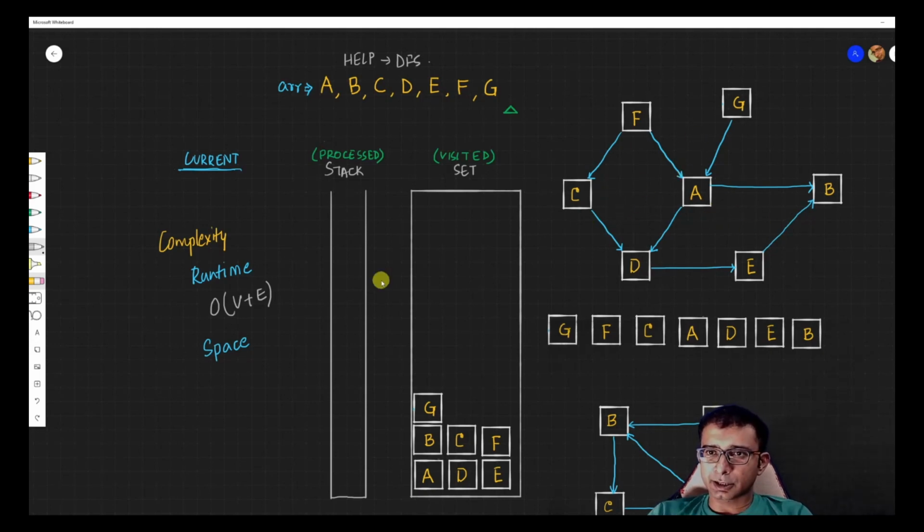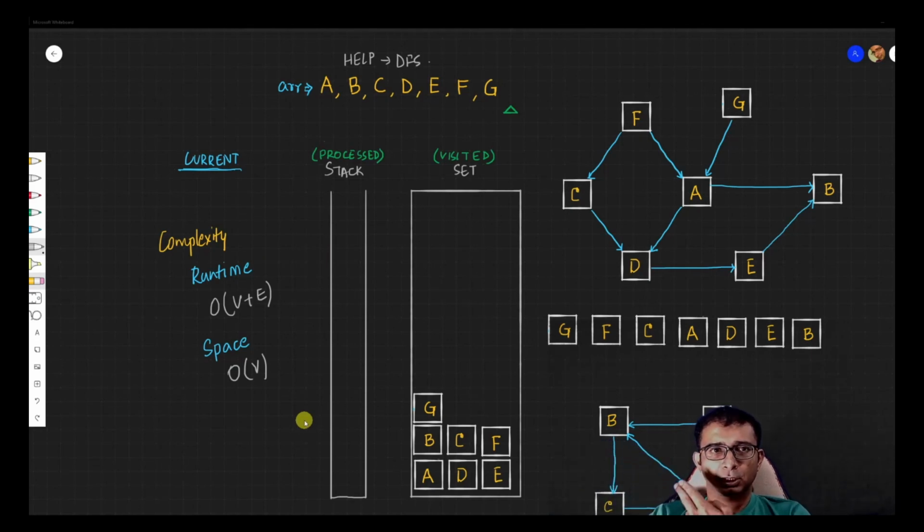And coming to the space, we'll have order of V complexity. So you will end up storing all the nodes in your set and in your stack, right? So you'll be storing it twice. So we can drop the constant and say that it is order of V complexity. So we'll be storing V number of nodes in the stack and V number of nodes in the set. And for runtime, we'll be going through all the nodes plus the number of edges each has, right? That will also contribute, because if I have too many edges coming out, my complexity will proportionately increase in that case. So yeah, that is all about topological ordering or sorting.